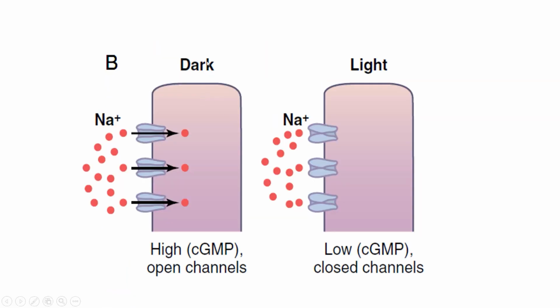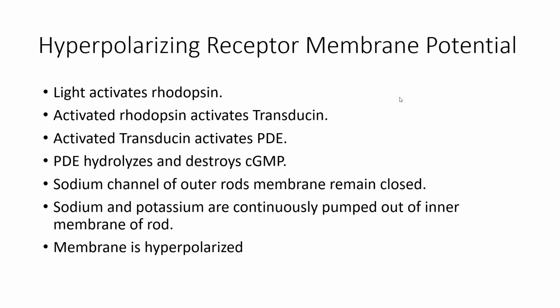Again, the same thing. During the dark, we have a high amount of cyclic GMP because in the absence of light, rhodopsin is not activated, so cyclic GMP is not hydrolyzed. We have high cyclic GMP and the sodium channel opens, sodium enters the outer segment of the rod, and it decreases the overall electronegative potential. During the light, cyclic GMP is low, so this cyclic GMP gated sodium channel remains closed, sodium cannot enter, and because in the inner segment we are continuously losing sodium as well as potassium, the overall membrane potential of the rods during the presence of light is hyperpolarizing. And this is a very interesting concept, because in any other receptors of the body, it is depolarization that conducts the nerve impulse, but in the photoreceptors, rods and cones, it is hyperpolarizing membrane potential that conducts the